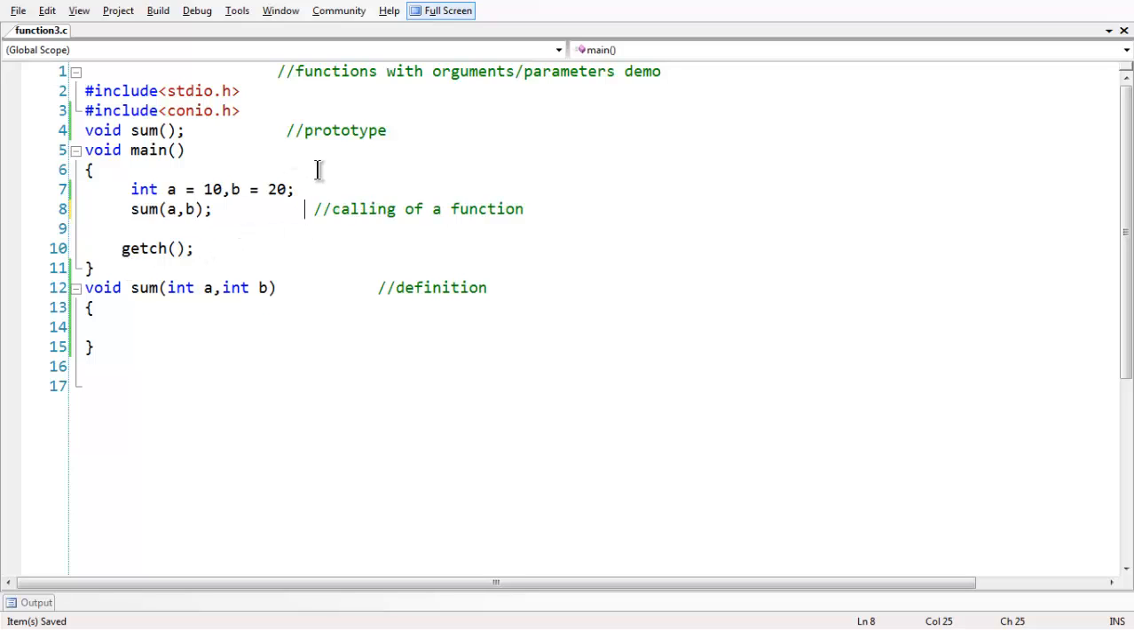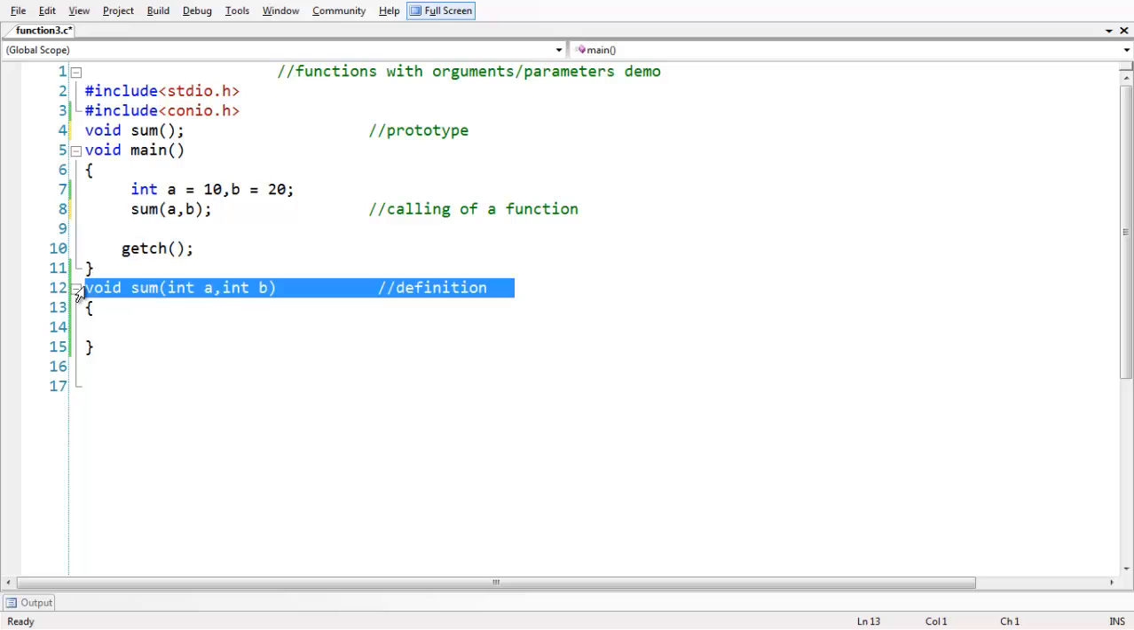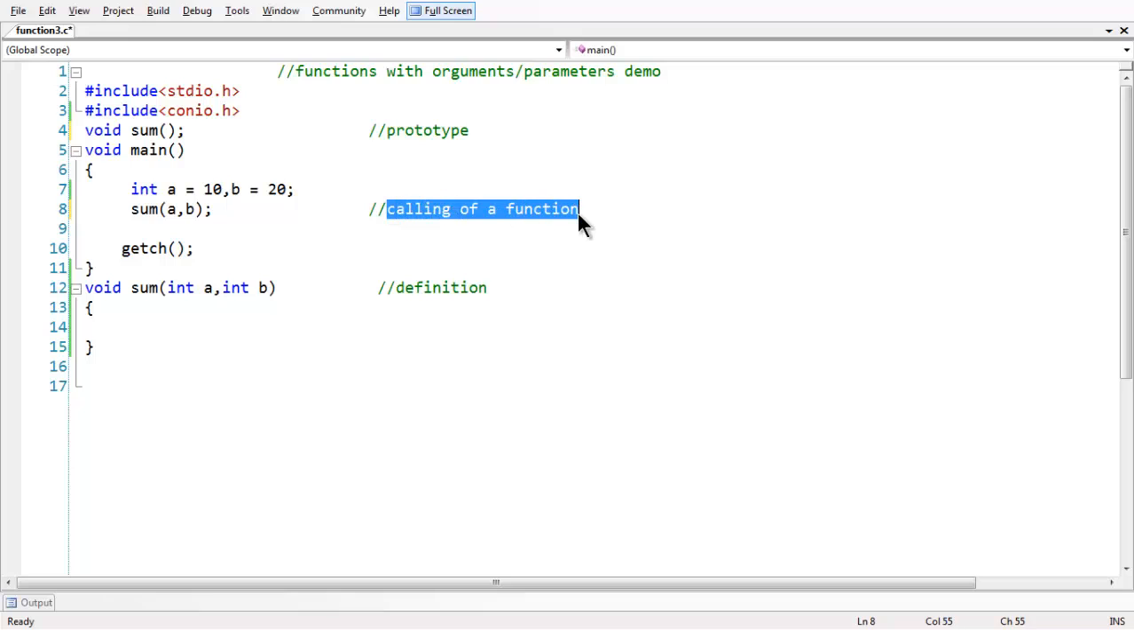so the parameters, as you have observed, we have parameters in two different places, one inside the calling area and the other in the definition. Okay, so let us remove this comment here. The parameters inside the calling area are known as actual parameters. Okay, so actual parameters, and the parameters which you are using inside the header of the function definition are known as formal parameters. Okay,